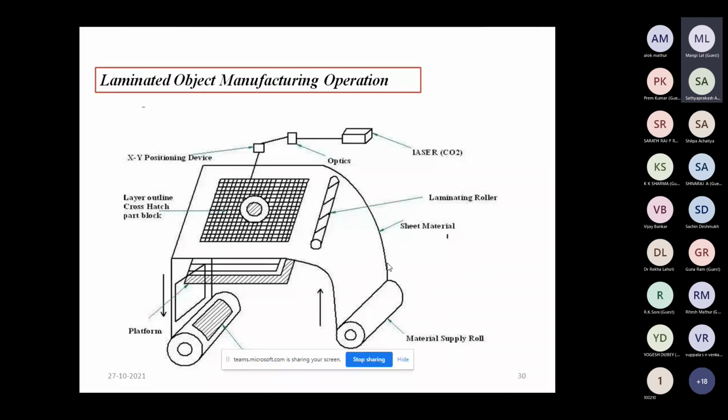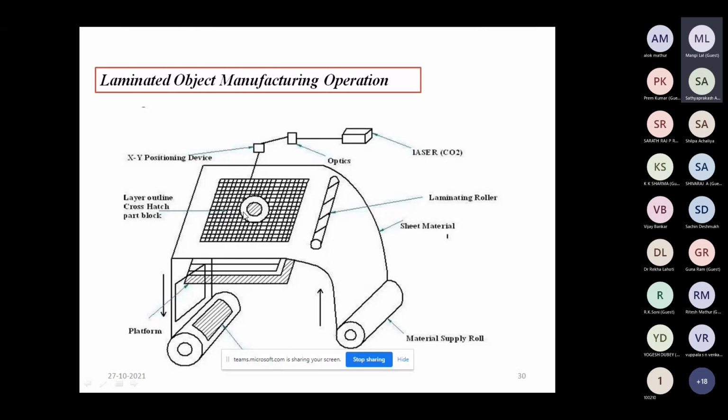This glue type material is activated when the laminated heating roller is passed upon the sheet. Then the raw material sheet is stuck onto the platform, and the CO2 laser cuts the cross section of the required product.